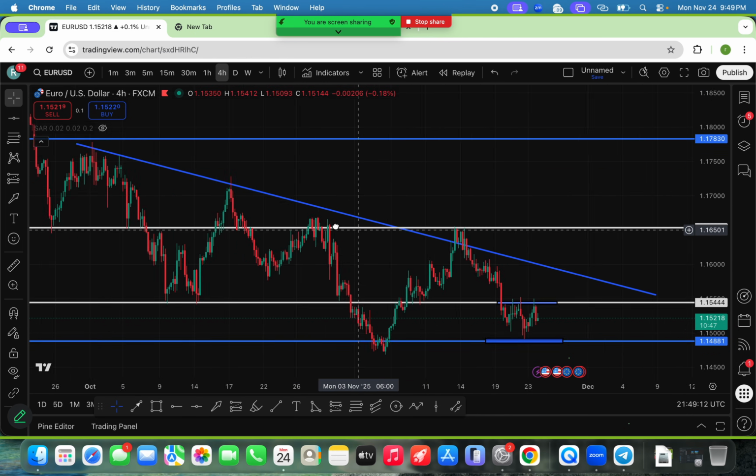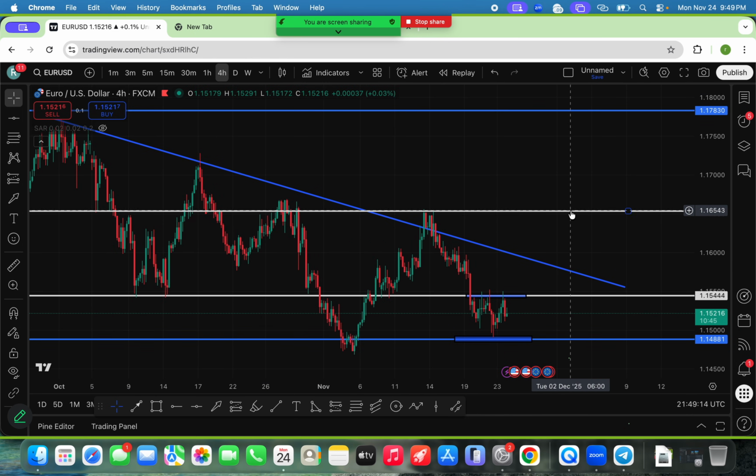So if price gets to the level again, what is it going to do? If it's not going to sell, it's going to break, retest, and buy. You understand? Good. That's how it is. They are just levels price reacted to the most. So you can see here, you can see the reaction. Anytime price gets to this level, you can see the sells. You got the break, you got the retest. You can see the retest here. You got the buy. You can see another retest here. You can see the buy.